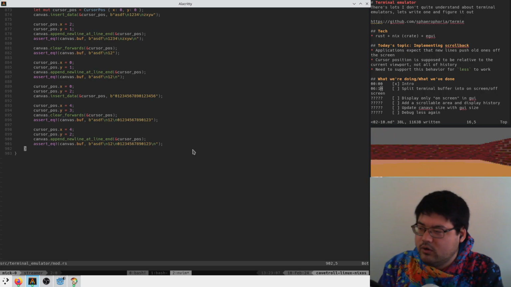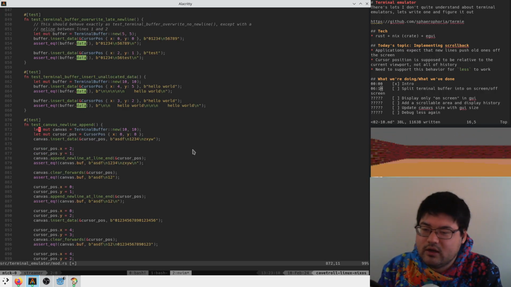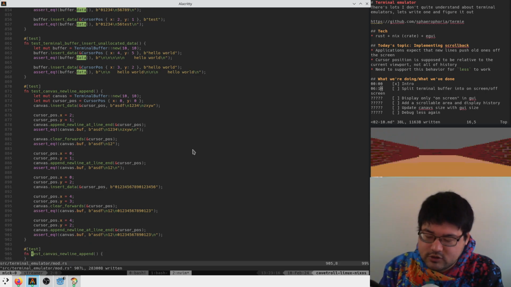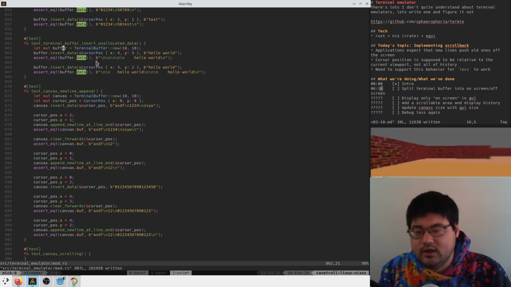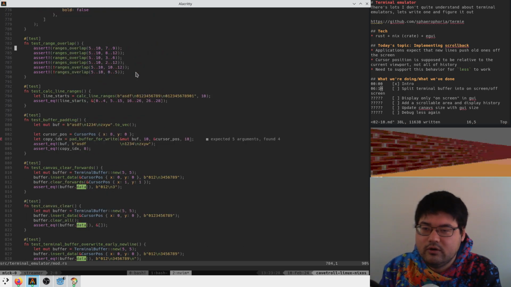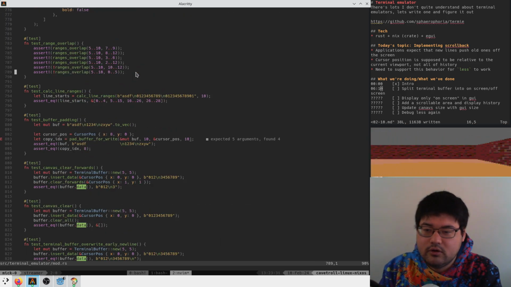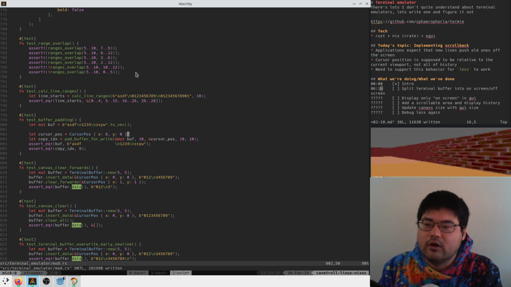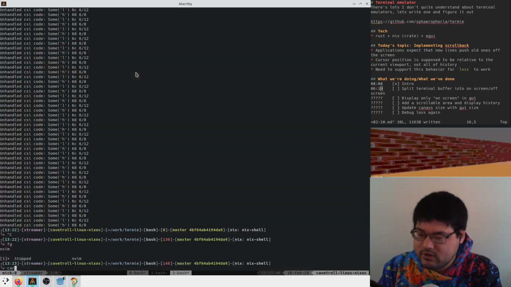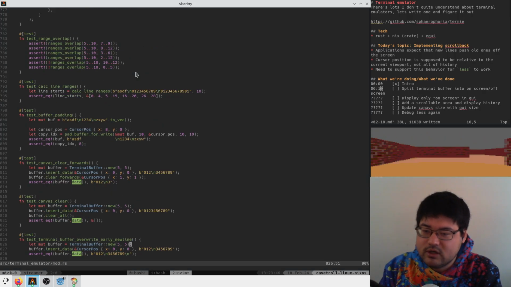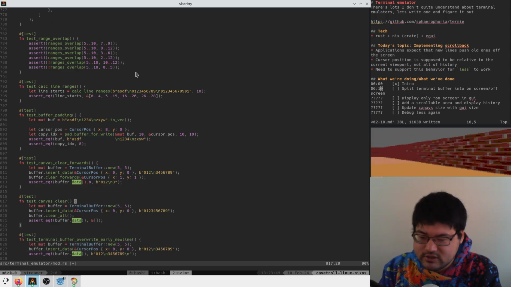Okay. Now, what are we trying to do? We are trying to check the behavior of our internal canvas when we scroll a lot. So test canvas scrolling. And so if we create some buffer, oh, this also needs a 10 here. Okay. Is everything else compiling? Well, before we do this, let's make sure that the tests are still passing in their current form. No, because all of their outputs are now adjusted. This should say .0 on all of these,